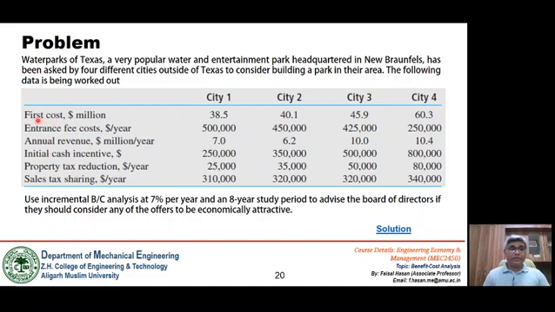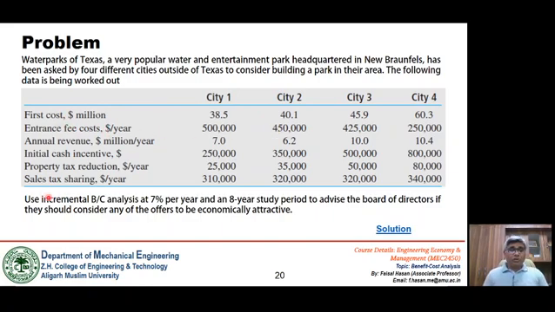If we carefully see, these are the cost or the expenditure, and the first two are the terms which will contribute to C. The rest of the things, that is the available revenue, this is the benefit; initial cash incentive, this is also a kind of benefit; reduction in tax, this is also a kind of benefit; and sales tax sharing, this is also a kind of benefit. So the rest of the four lines are taken into consideration when computing the benefits, and the first two are important for evaluating the cost.